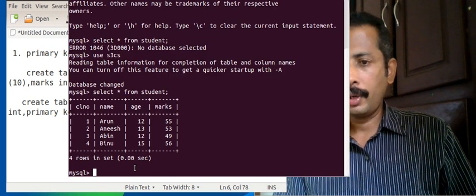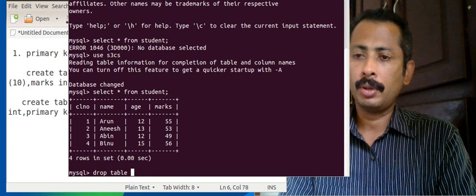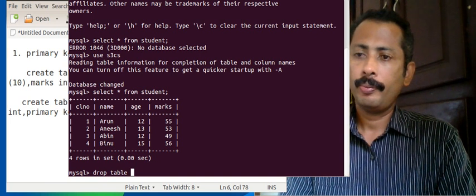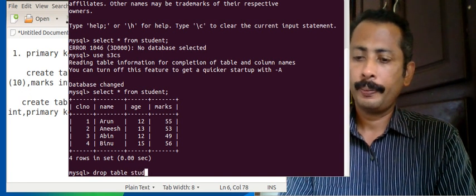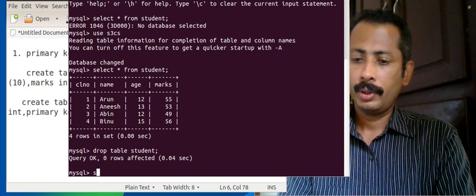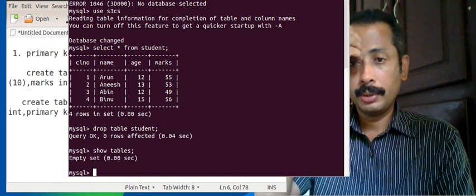Before that we have to drop that table, because we are using the same table. So drop table student, show tables. Okay, no more tables.